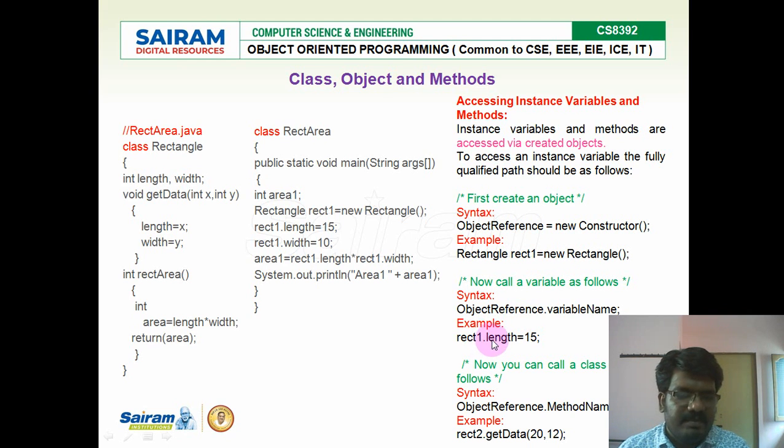Similarly, to access a member variable: object reference dot the member variable name, that is, object name rect1 dot length, where length is the member variable. Similarly, to access the member function: object dot the function name. So rect2 and rect1 are objects belonging to the Rectangle class, and with the dot operator I will be calling the length and the method.